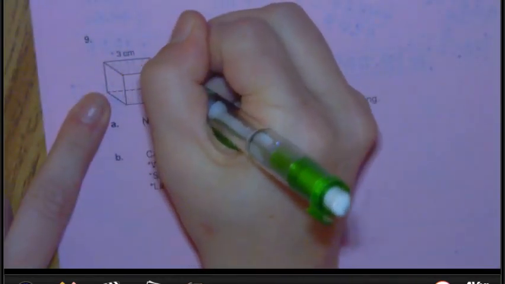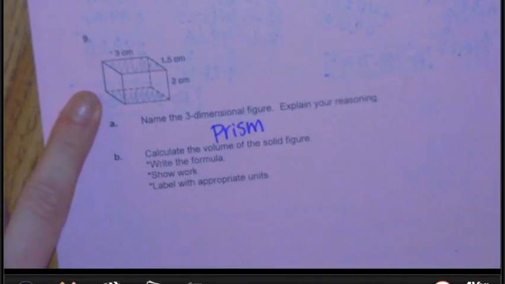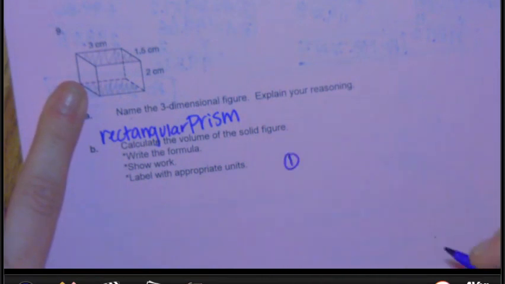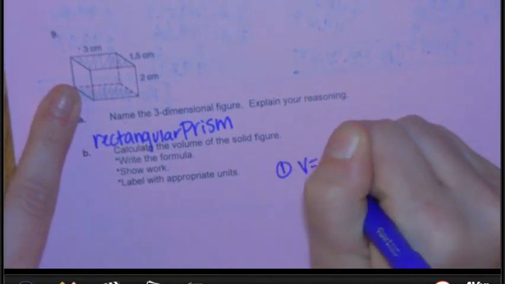Okay, and I have my base, and I'm going to say the top here is my base and the bottom here is my base. The shape of my base is a rectangle, so the name of this 3D figure is a rectangular prism. All right, so remember, our first step is to find the formula, and it is V is equal to